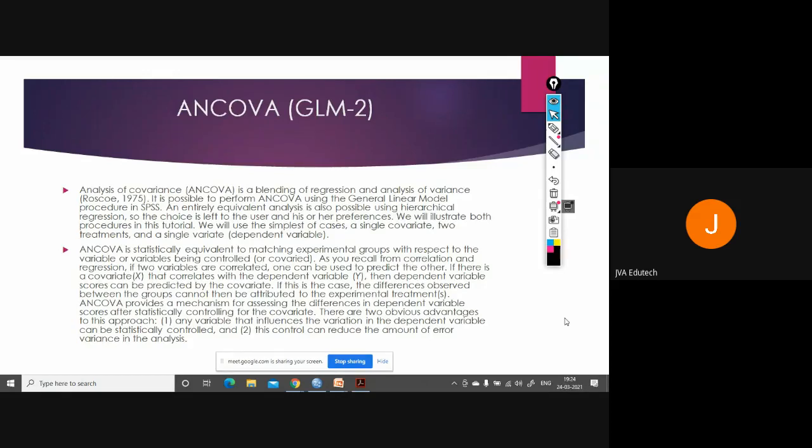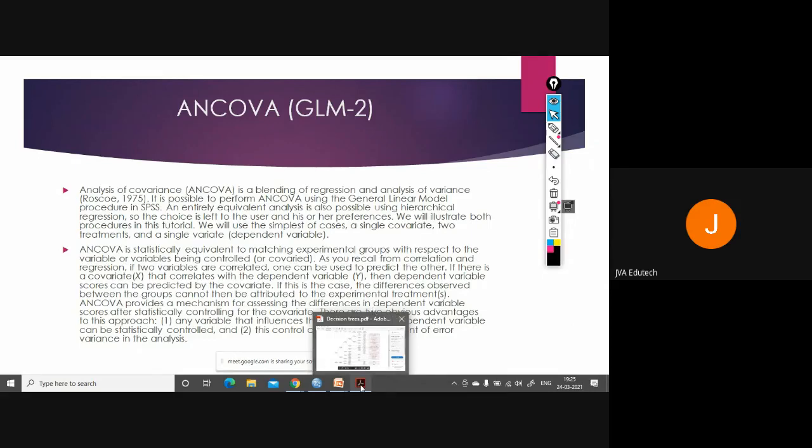So covariates are those extraneous variables which we bring in, which are not part of the main experiment, but they have an effect on the outcome or the dependent variable. That's why, when we measure these covariates and include them in the main analysis of variance, we call it the analysis of covariance or ANCOVA, which is GLM2. It is used basically to reduce within group error variance and also eliminate confounding results.